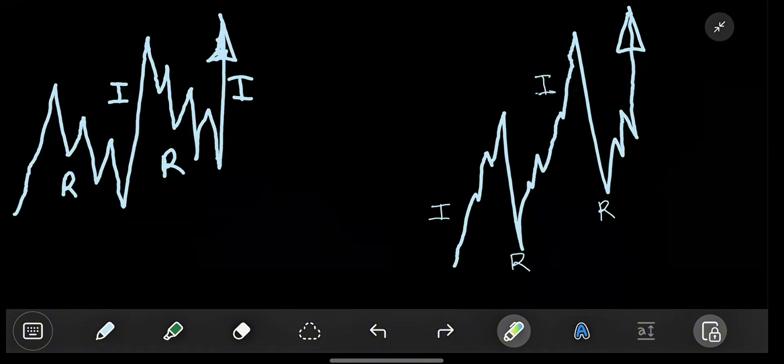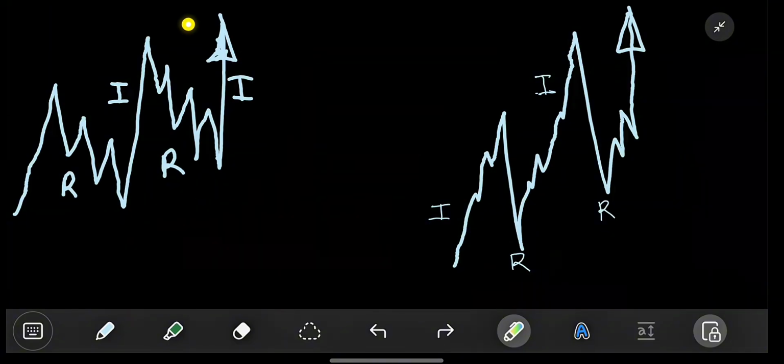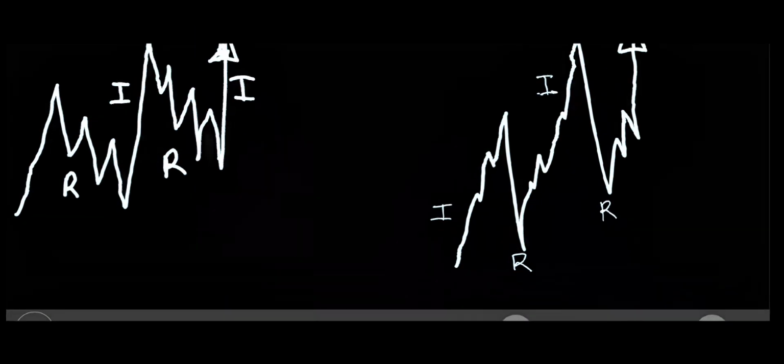So you find that there's a difference between this right here and this right here. Okay, the moves to the upside are a bit more laid back, while this, the moves to the upside, are very rapid. Okay, so we're focusing mainly on this because this is how Crush 1000 tends to behave. Okay,